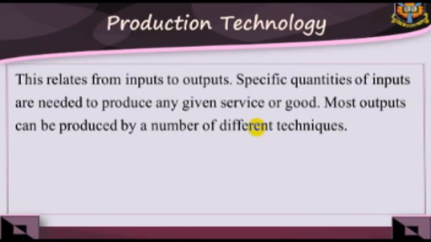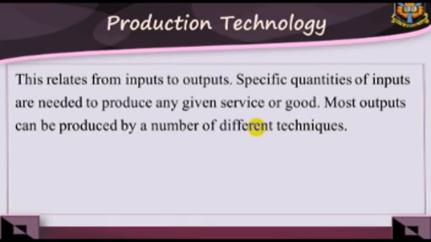Production technology. This relates input to output. Specific quantities of inputs are needed to produce any given service or good. Most output can be produced by a number of different techniques. We can pull down an old building and clear a lot to create a park in several ways. For example,